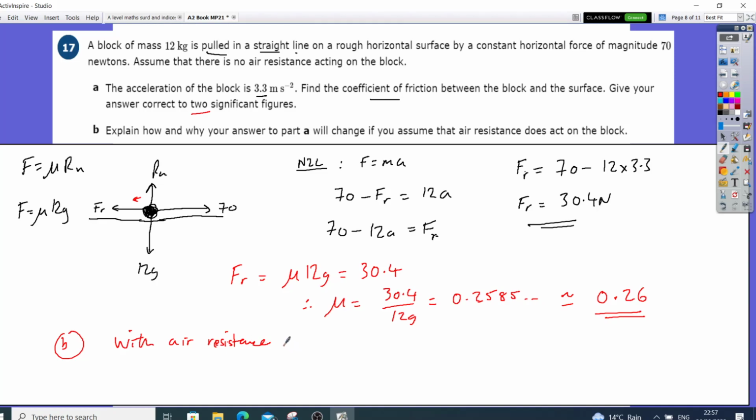With air resistance, because you've got air resistance, the overall friction with the surface will be reduced, in which case mu will